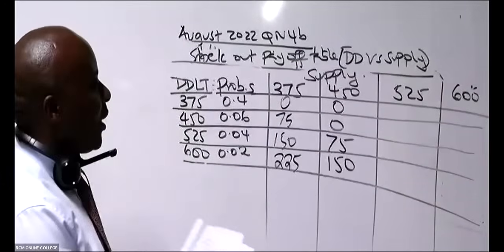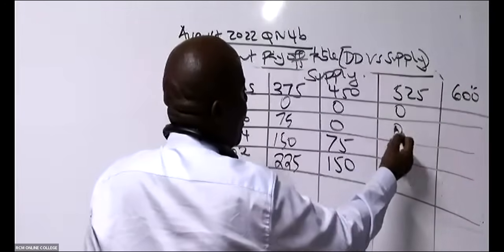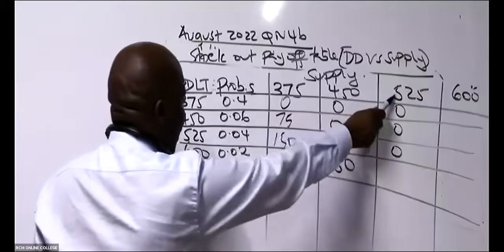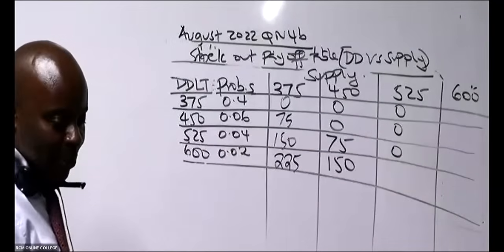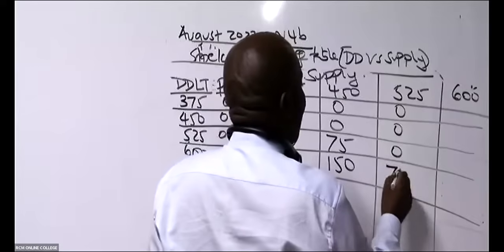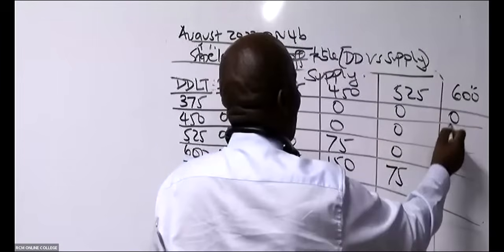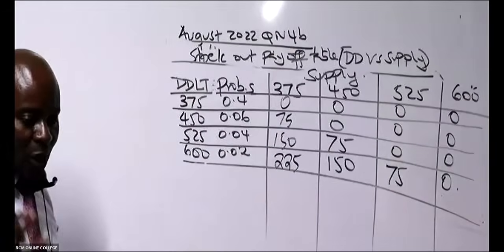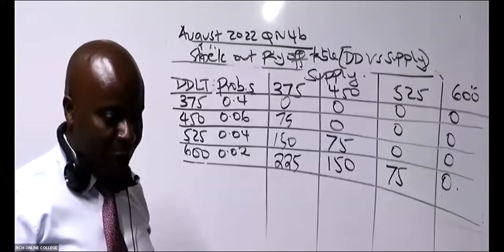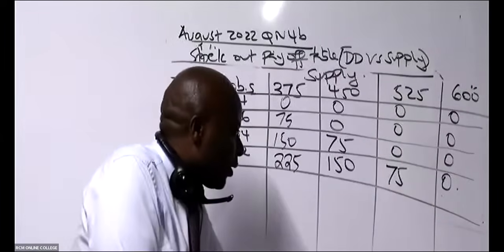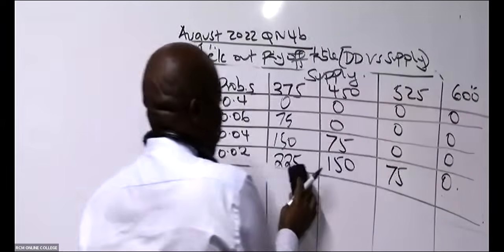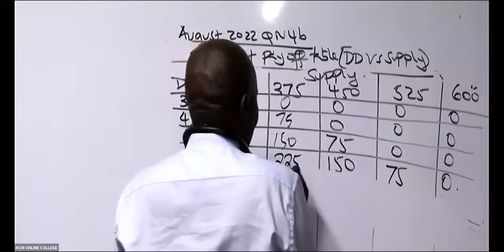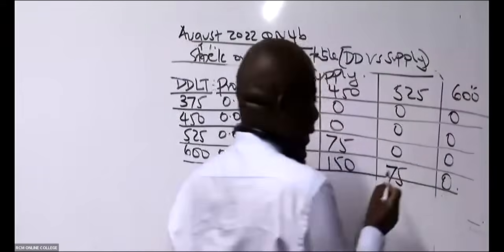Great. So if it's 525, of course, this will be 0, including this is 0. And then of course, if I deliver 525 and then they come 600, then I will disappoint how many? 75. And even if you understand nothing, the very last one is normally what here? Zeros. So now, having done that, could you kindly tell me what will be the next thing to be done? Kindly advise me. What shall be the next thing that Mwalimu will do? Or is that everything?